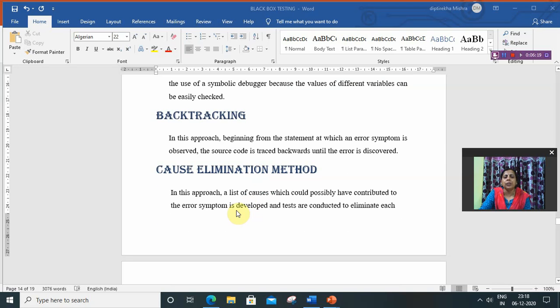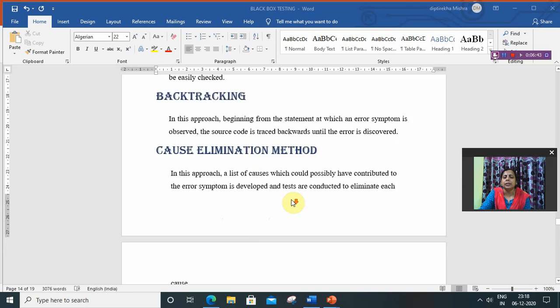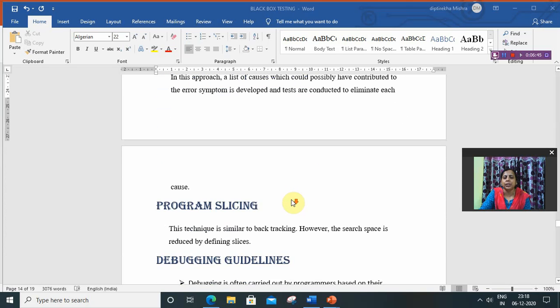Then the third one is the cause elimination method. Cause elimination means where there may be a chance of error. In this approach, a list of causes which could possibly have contributed to the error symptoms is developed. It means the list of where an error may occur, and those statements are checked.